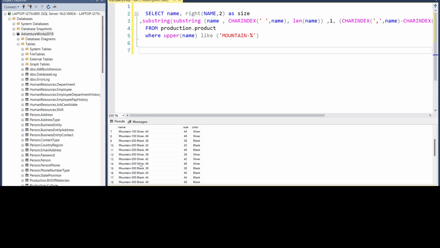So this is not something we can hard code and find. The color might differ and all, so we'll have to present a solution which is dynamic. To get the size, we'll use the right function. We'll pass in the name and get the last 2 digits. This is how it works as size. To get the color,